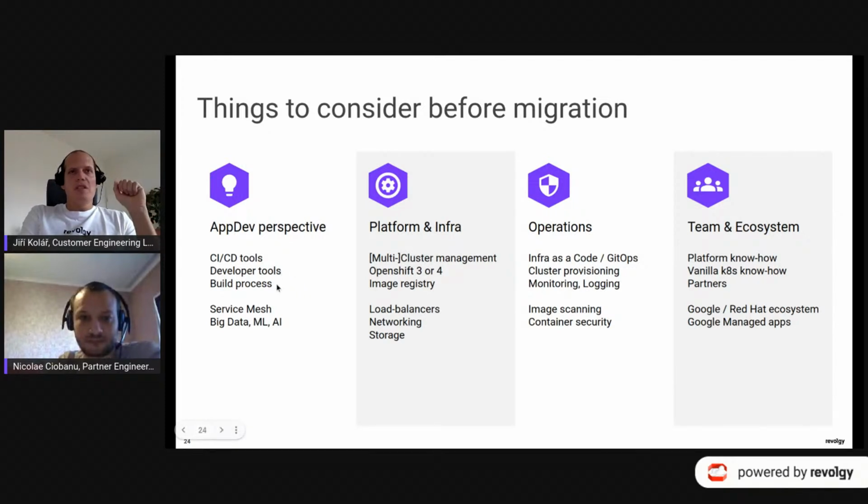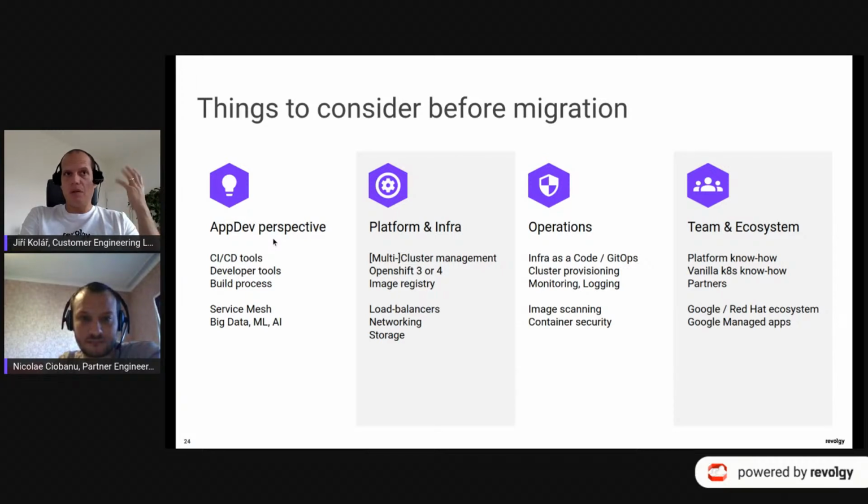Also, the build process can be quite specific in OpenShift compared to the other container platforms, and also worth checking. Because the migration should be all about the applications, this is a very important section and very important to make sure this is good, because you want to end up with a platform which helps you to develop and deploy your apps, right?